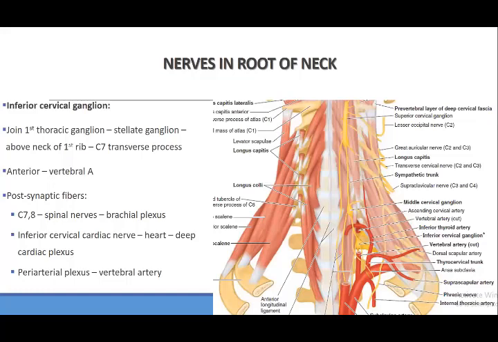And then of course periarterial plexus. It is lying in close to the vertebral artery. Vertebral artery is running anterior to it. So sympathetic fibers form a plexus around the vertebral artery, and then